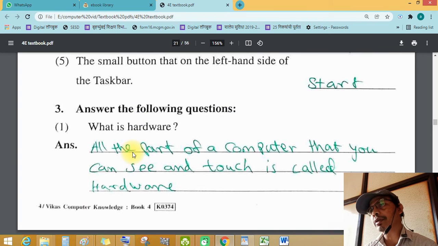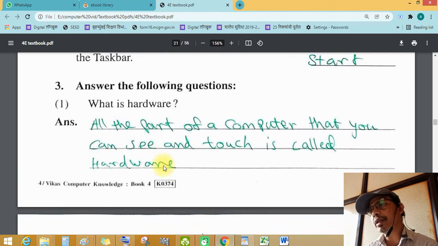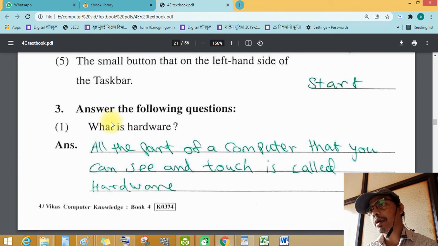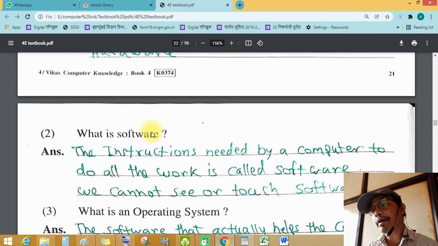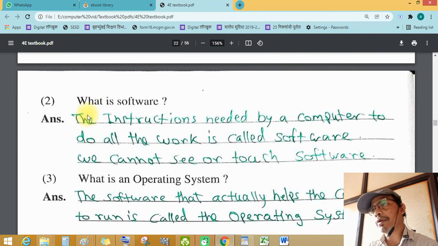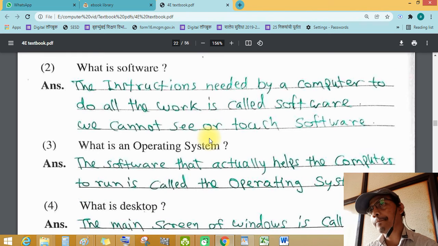Answer the following questions. All the parts of the computer that you can see and touch are called hardware. Software. The instructions needed by a computer to do all the work are called software.